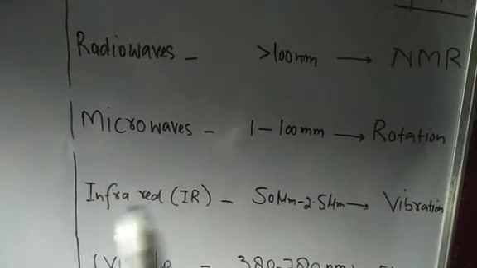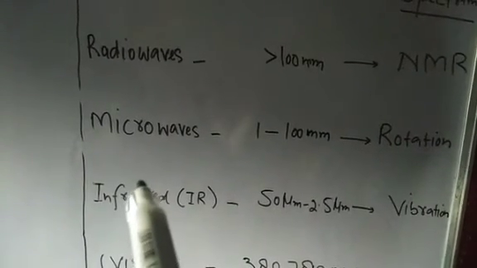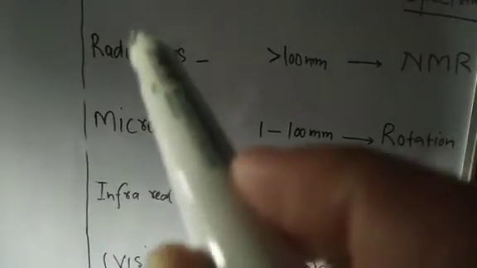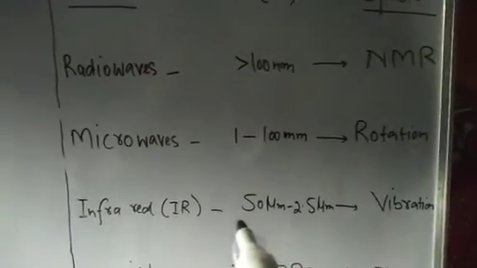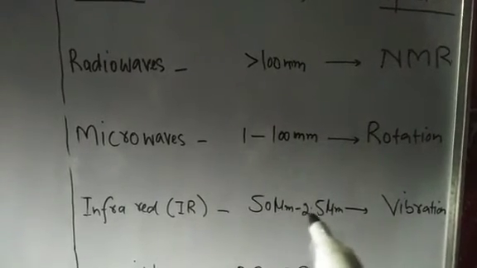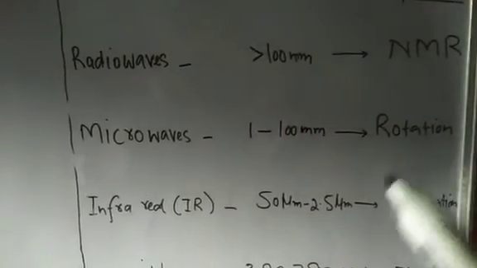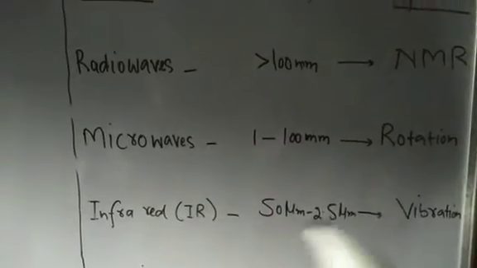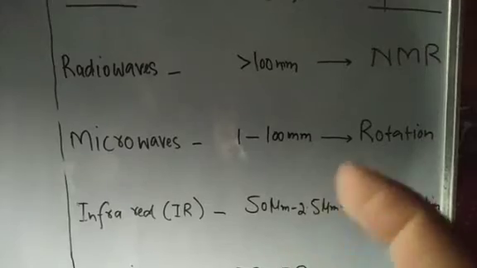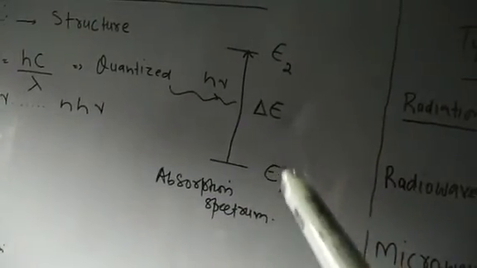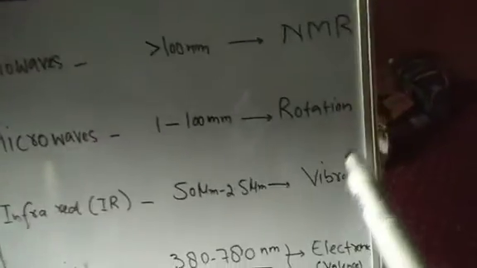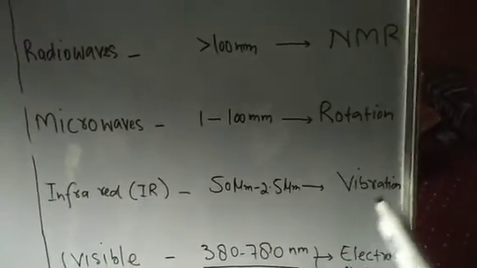The next one is infrared radiation. Fine. So it has a higher energy than microwave. So these are basically increasing order of energy, or you can see we are going with the decreasing order of frequency. Infrared radiation has a wavelength in the range of 50 micrometer to 2.5 micrometer, and then it leads to the vibrational change in the molecule. So the molecules undergo vibration, or it leads to the change in the vibrational energy of the molecule. So here, instead of electronic energy, we have V, vibration energy. So it leads to the vibrational change in the molecule. That's called vibrational spectroscopy or infrared spectroscopy.